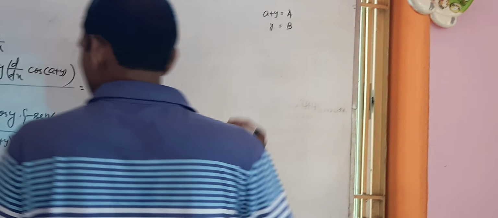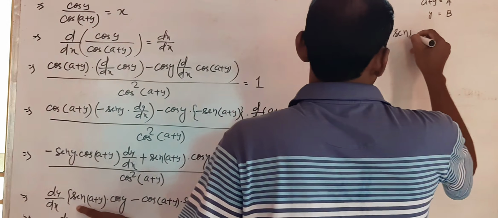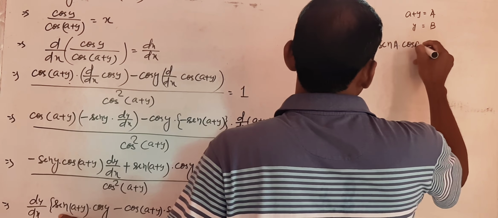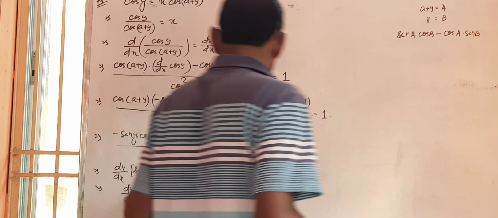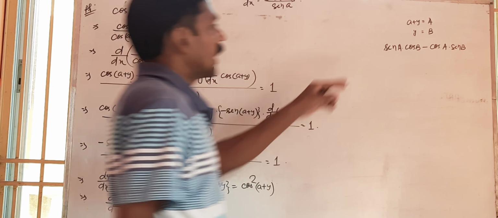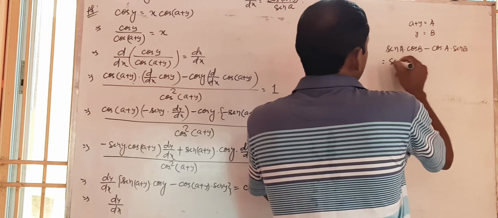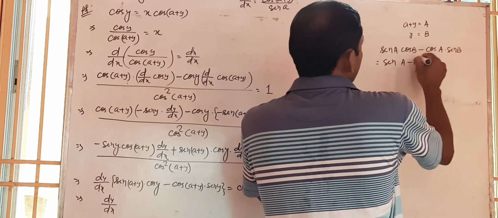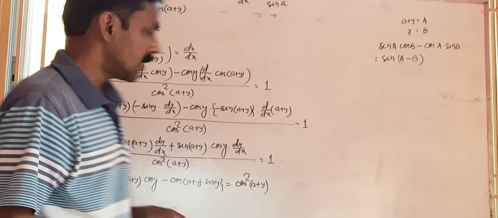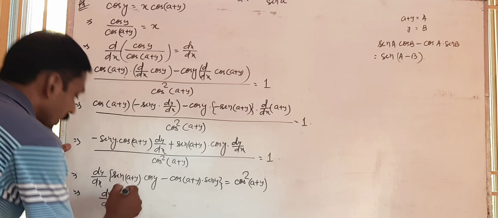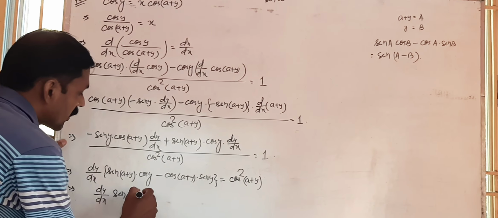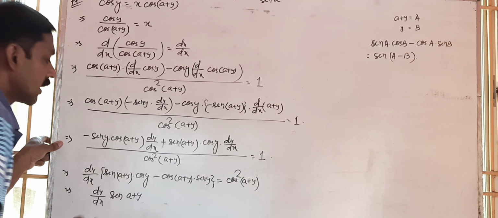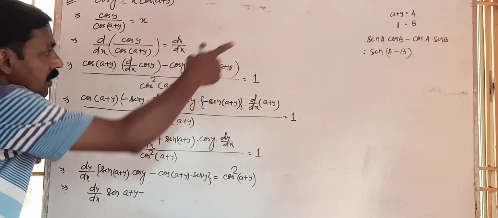You see, it is in the form of sin a into cos b minus cos a into sin b, and this is the formula of what? Sin a minus b formula. So here we can write sin a minus b. What is a? A is a plus y. Minus b, b is y